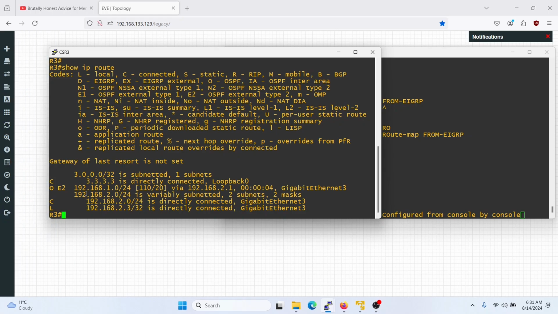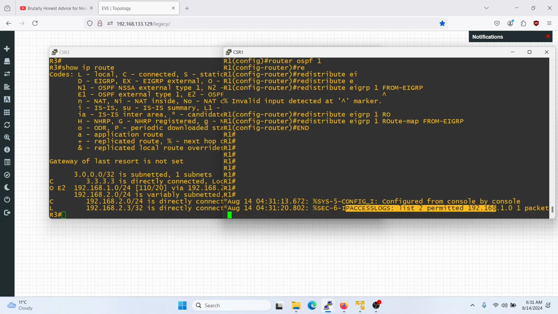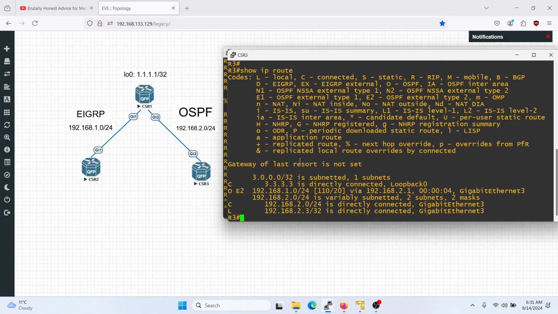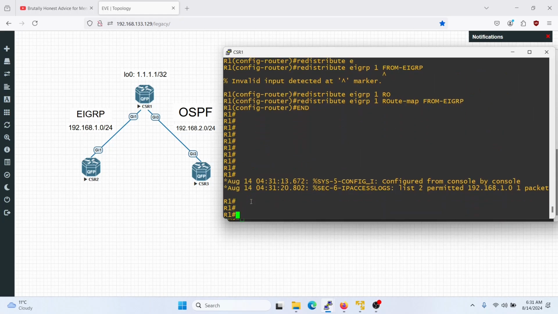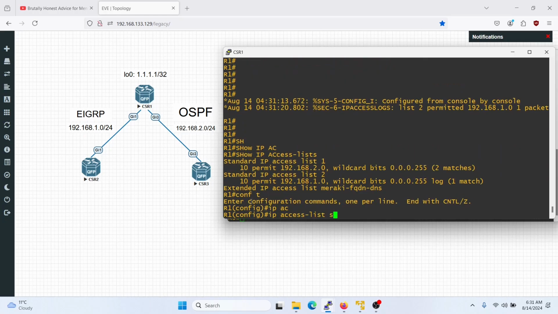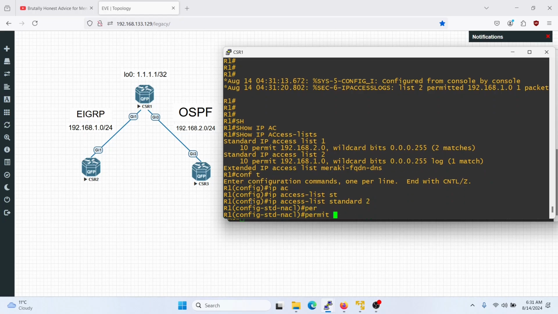Alright, let's go to router 3, and there we go. There's the route, external type 2, and also you can see it is permitted here on router 1. Now the reason we're only getting this is because that's the only one we have added in the access list. Show IP access list. So I can just add one more here. So let's permit 2.2.2.2,